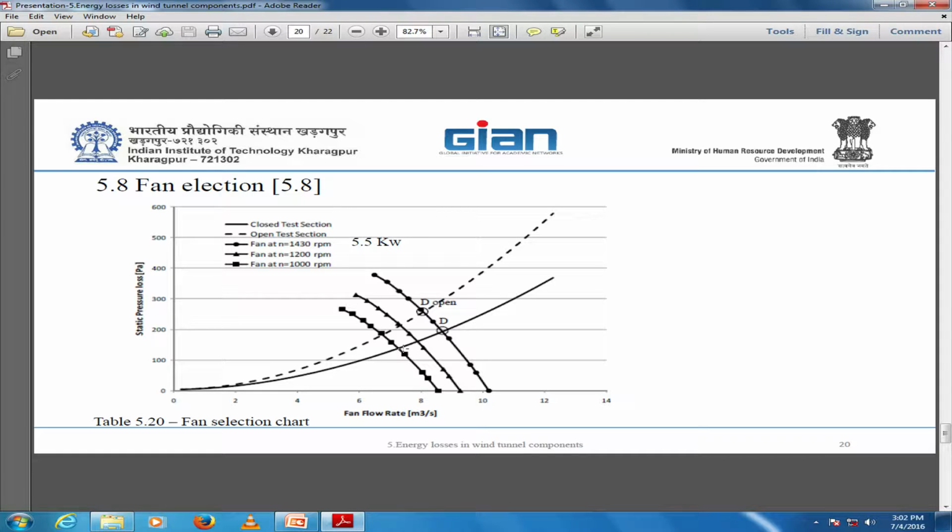Hopefully, if you have access, we need access to the internet, and we'll download one of the suppliers' programs on how to choose the fan. Okay, with this we finished for this moment, for the day, the design,